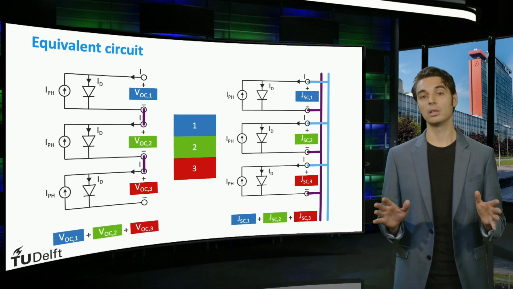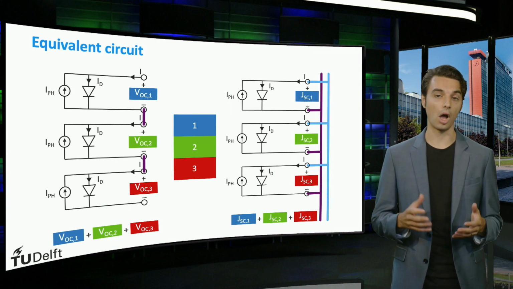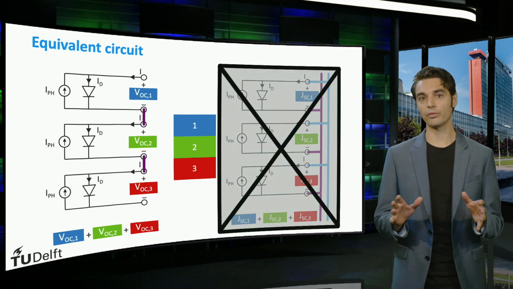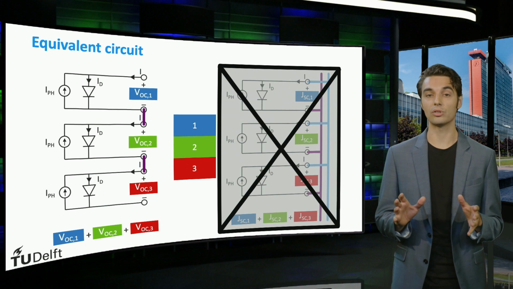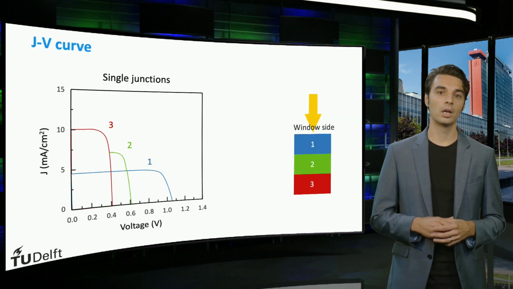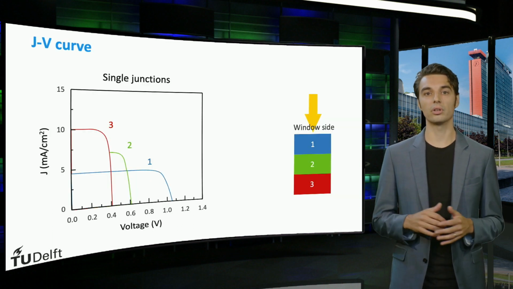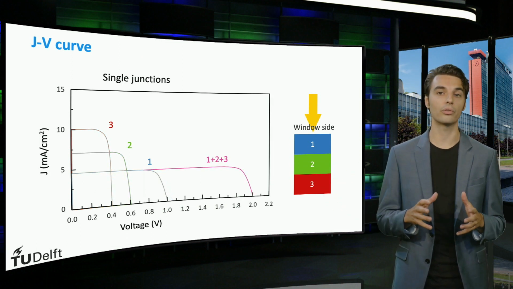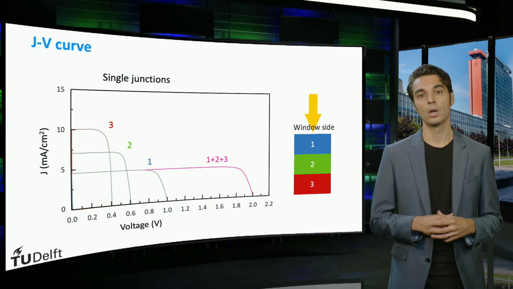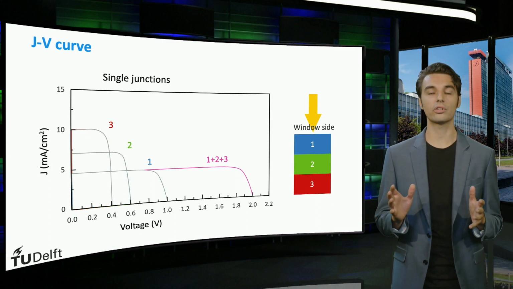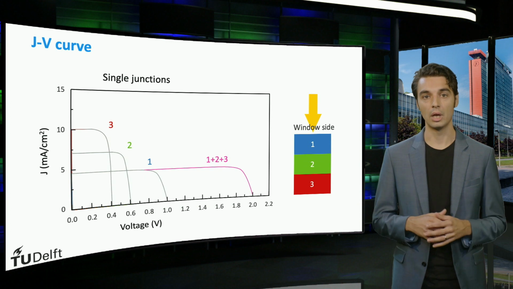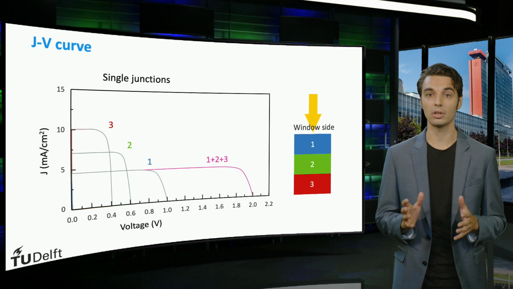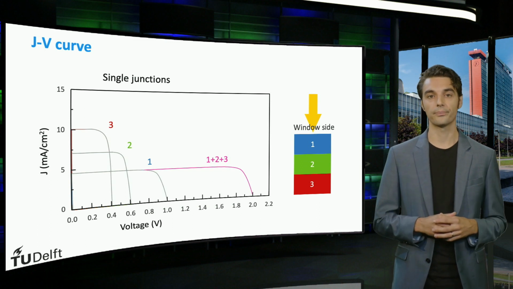However, generally, the junctions in a multi-junction device are stacked onto each other and are therefore connected in series. This means that the voltages of the individual cells add up in the triple junction cell. So if we look at the JV curve of the triple junction device, we can see that its VOC is approximately equal to the combined VOC of the three junctions. Furthermore, the current density in a series connection is the same throughout the entire solar cell, which means the current density of the triple junction is determined by the p-n junction generating the lowest current.